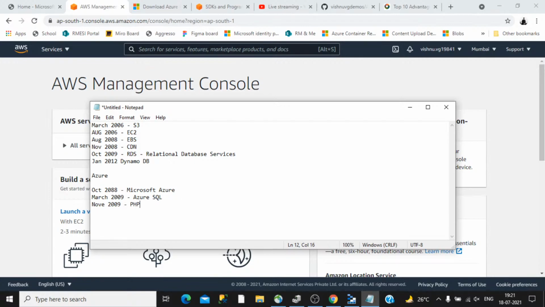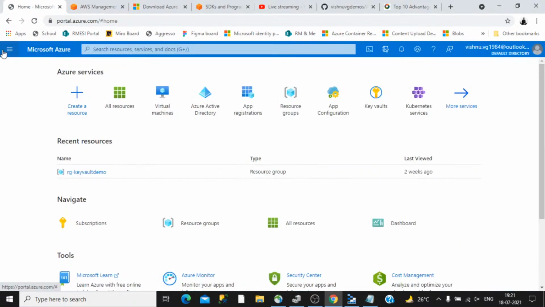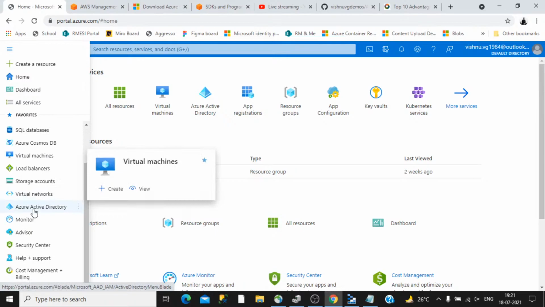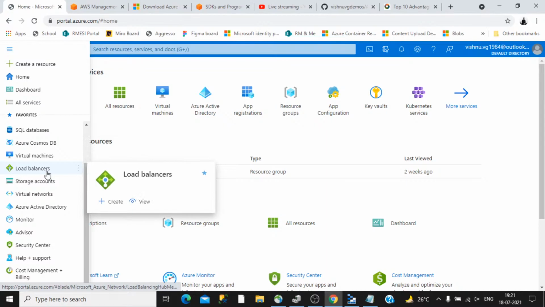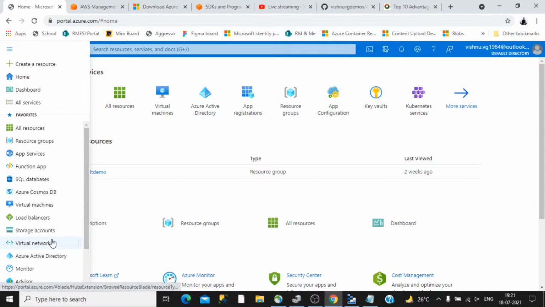like PHP and Java. They integrated that into Azure, and later a lot of non-Microsoft open source products were also integrated into Azure. Now if you look into Azure, this is the portal of Azure. You can view a whole list of services that are both Microsoft as well as open source. Mostly open source is there, like Redis and everything. So a lot of different services are out there. Redis, Azure Kubernetes. We will be discussing all those services a bit later in this session.